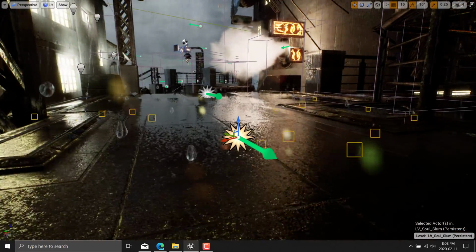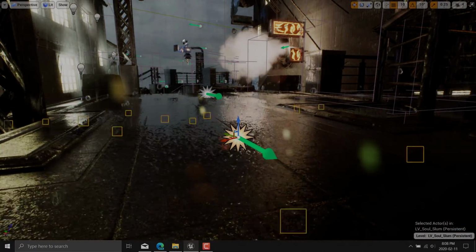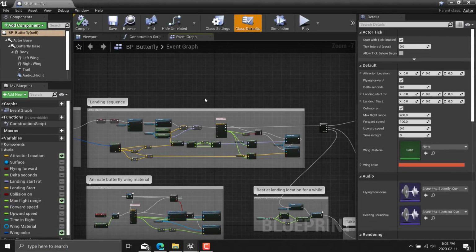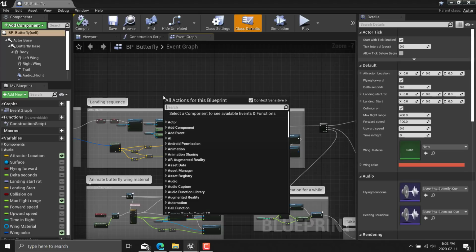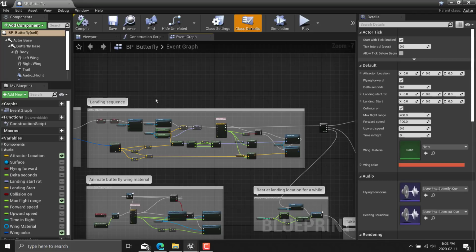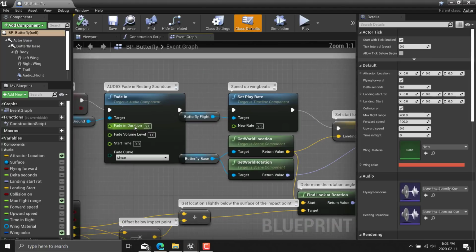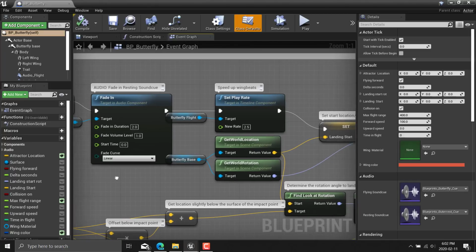Now, Blueprints is a visual graph-based programming system, and in my humble opinion, it's probably the best visual programming option out there today. It's also capable of being compiled down to C++ code. When Unreal Engine 4 was first released, you paid like a 10-to-1 performance cost to have Blueprints. So your Blueprint code would run at about a tenth of the speed of dedicated C++ code. Well-written C++ code, that is.